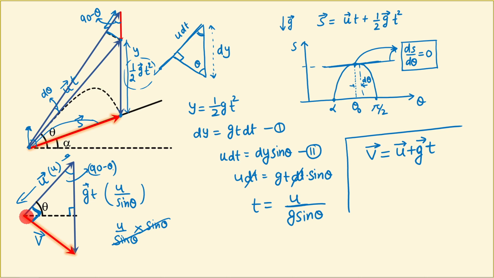So if you have to solve one of these questions, what you can do is assume that condition to be true, that the initial and final velocity vectors are going to be perpendicular to each other. Determine the time, and the time is going to be the same. This is a very famous question also: after how much time will the velocity vector of the projectile be perpendicular to the initial velocity vector? The time comes out to be u by g sine theta, and if you determine the time after which the optimum condition happens, you can certainly determine the total displacement very easily using the second equation, right?